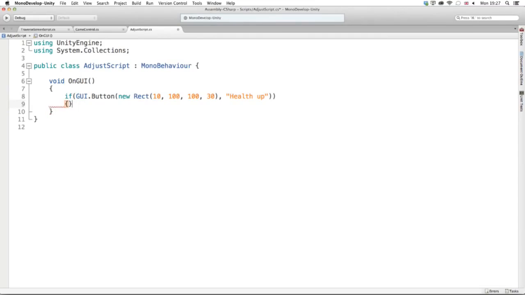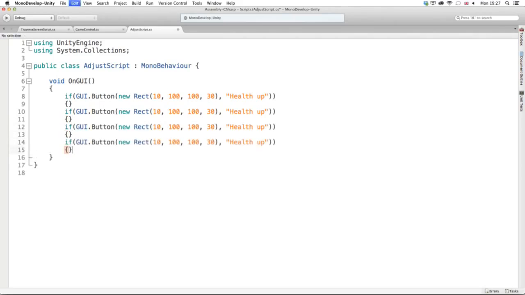Just like that. And so, real quick, I'm just gonna copy and paste this a bunch of times. So there's health up, and then that's gonna be my health down, experience up, and experience down. And I'll go ahead and make this 140, and then 180, and then 220. And I'll make this health down, and experience up. I'm just setting up all the buttons now so I don't have to mess around with the buttons in a second. And I can show you how exactly we can modify these. Experience down. Okay, so if you don't know the GUI system, these just created 4 buttons vertically